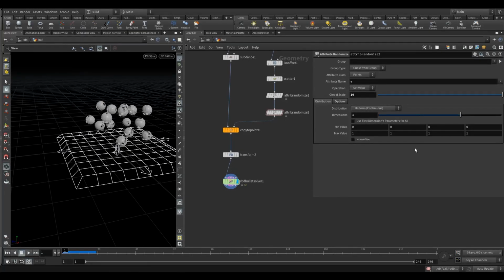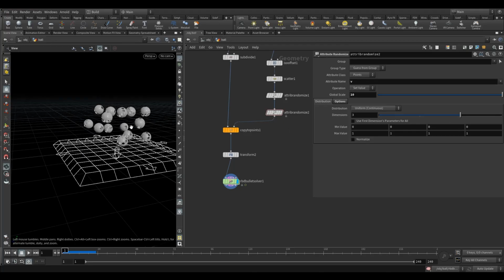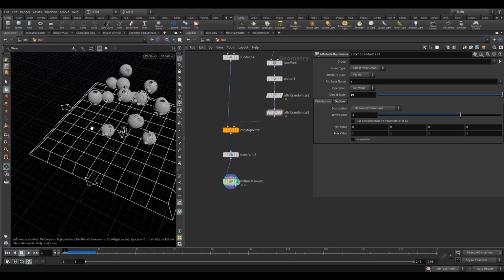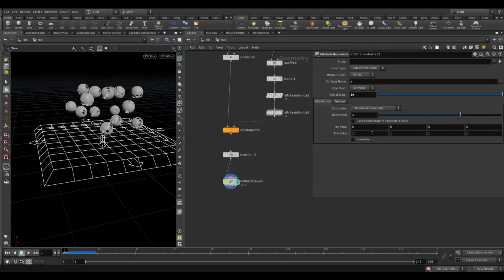So that again is because of the way that this is distributed. They're all kind of going towards positive, I think. So I don't want anything in X or Z. I just want them to be going differently up or down. There we go. And then lastly, I'm going to do one more,